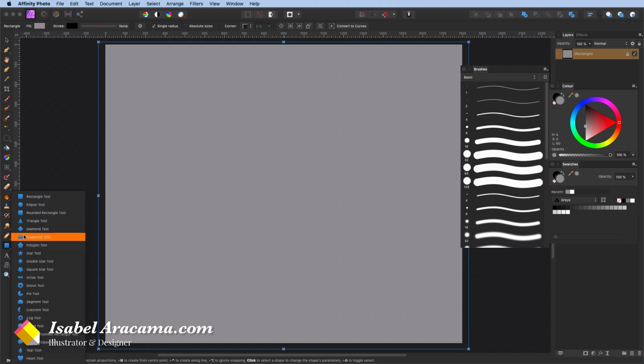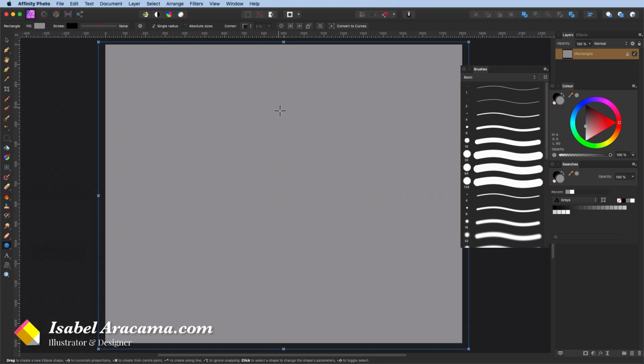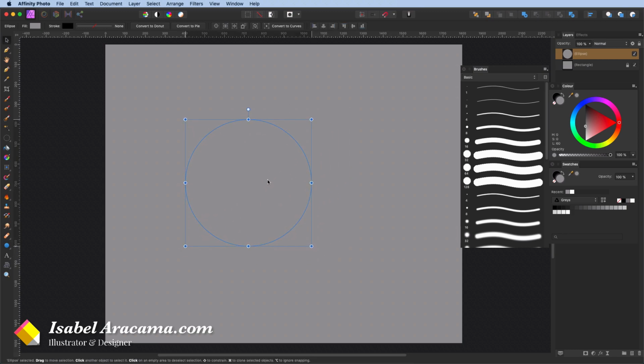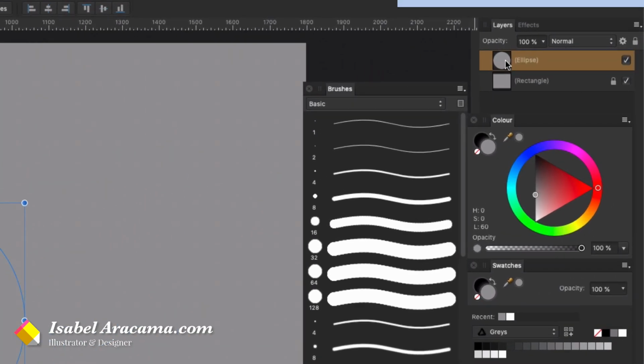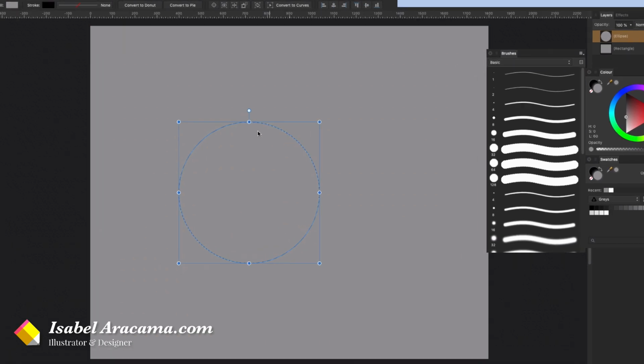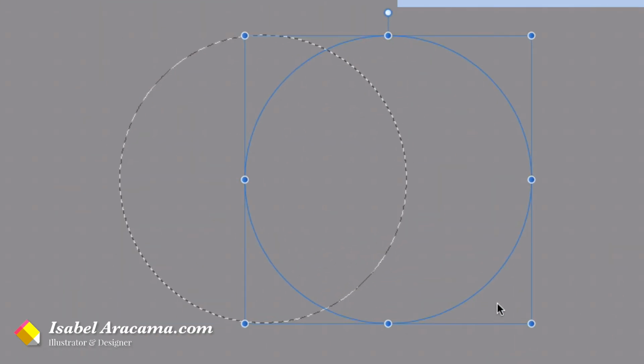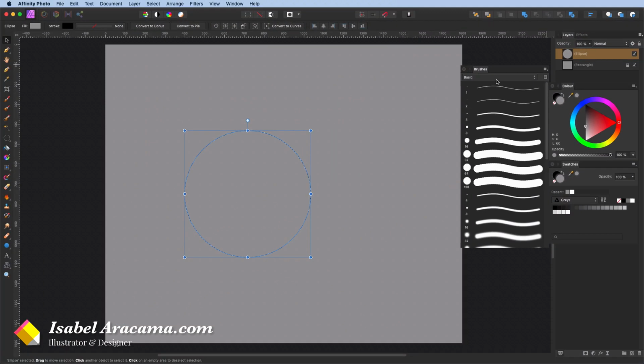Next thing is going to be grabbing our ellipse tool here. Pressing Shift, we're going to drag over the canvas and place it somewhere in the canvas, thinking that the light is going to come from here, so the cast shadow is going to come around here, so you need some space. And I'm saying this because if we press Command on our keyboard and click over the shape itself, we are going to have the selection. Well, if we move it, that's not what we want. So make sure that you position it in the right place.